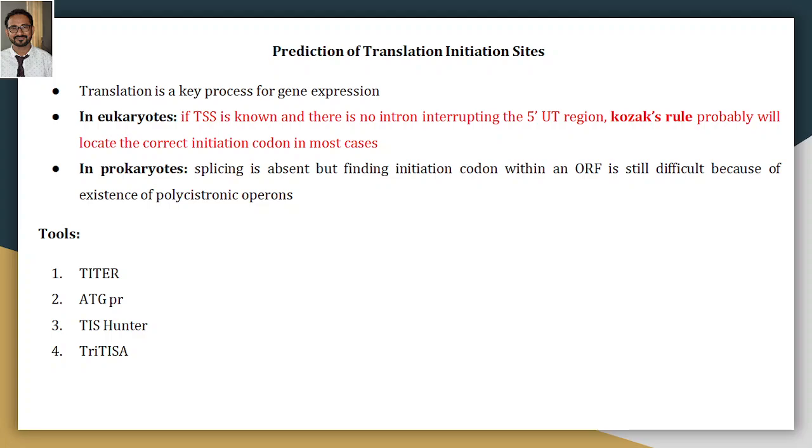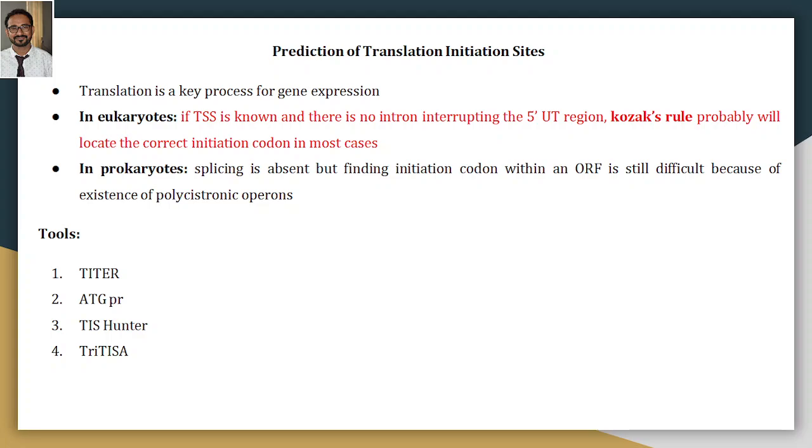Translation is definitely the key process for gene expression. Only after the translation can we say that the gene is expressed. So in eukaryotes, if the translation start site is known, then there is no intron interrupting the 5' untranslated regions, and Kozak's rule will probably locate the correct initiation codon in most cases. But what happens